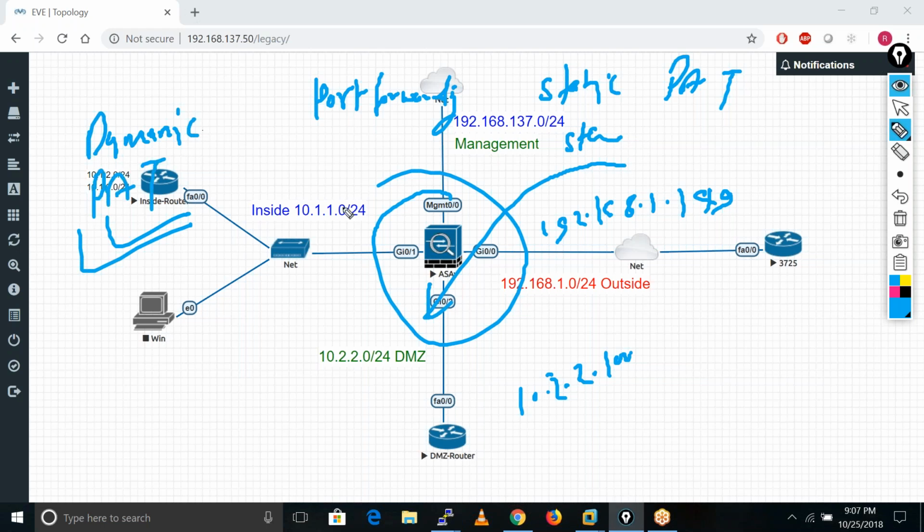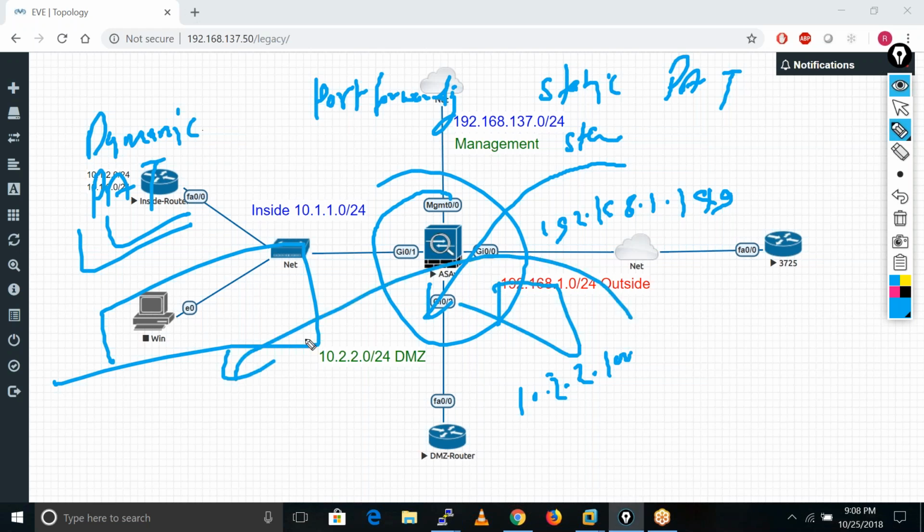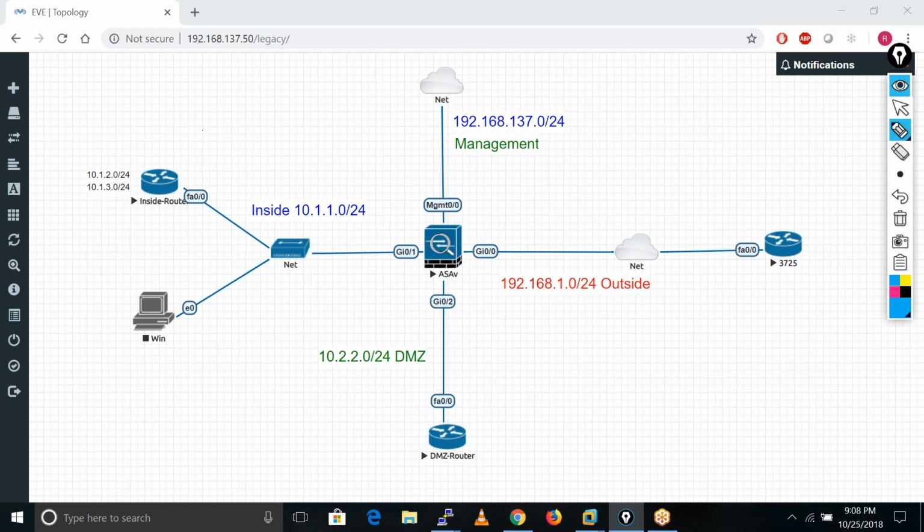If you remember, yesterday I showed you how the packet is exchanged, the packet format before and after the NAT. I have not changed any port number in case of static PAT or static NAT. So what is the main difference between static NAT and static PAT? I'll tell you. In dynamic PAT, the traffic can go from internal to external, whereas in static NAT, traffic can be bidirectional, correct?